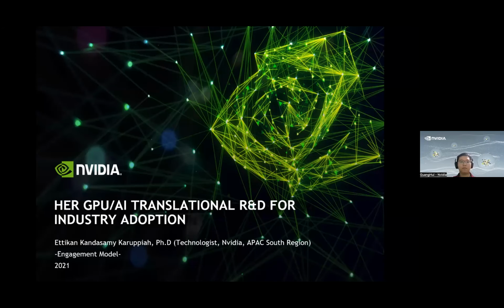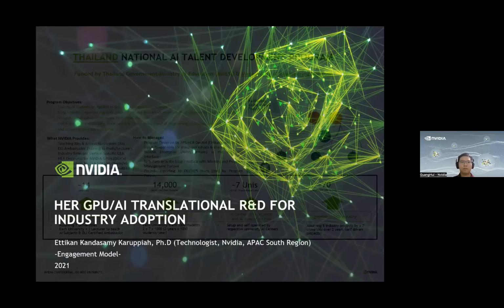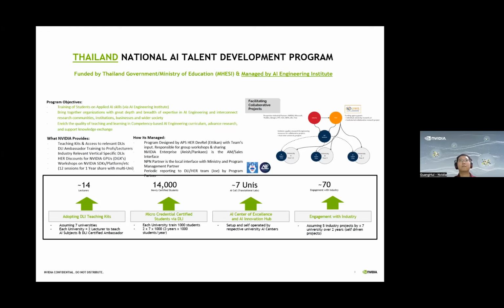But the research outcome should go to industry. So that is the intention of this. And given that this is part of the work, we have been working very closely with the government of Thailand, through MESI, and also managed by the AI Engineering Institute under the leadership of Professor Vanida and the rest of the universities. What we intend to achieve as part of the program is, assuming, let's say, there are 7 universities participating in this program. These 7 universities already have an AI Center of Excellence or AI Innovation Hub within the university, right? And then assuming 2 lecturers per university are being trained as part of the deep learning